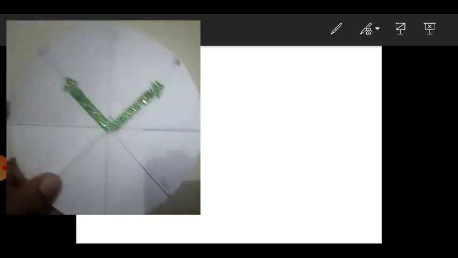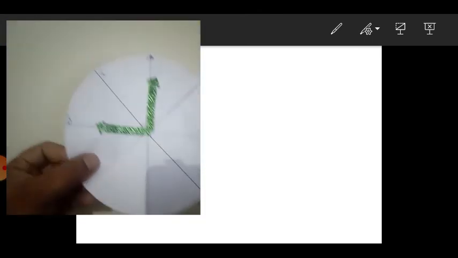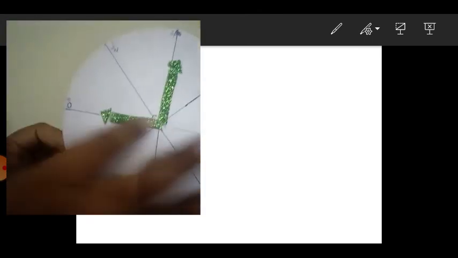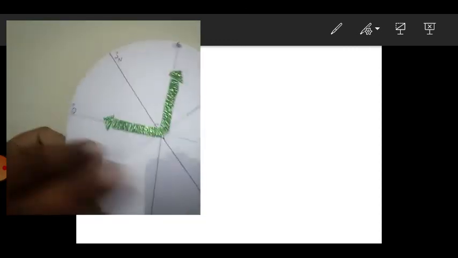Again, one more time you have to fold that. See here, and now you open those foldings. See, you can see it looks like this. Here you can see some foldings. Along those foldings you can take a pencil or sketch pen or color pencil and draw the lines. See, I already did.